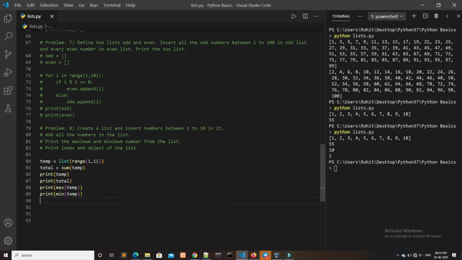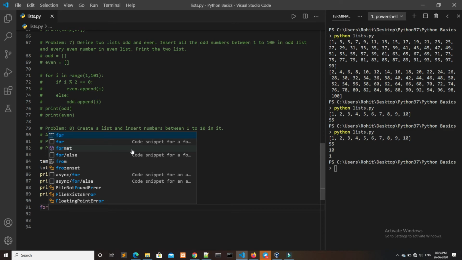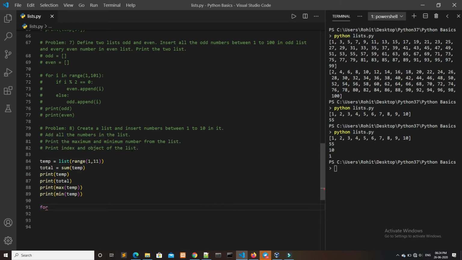Now we have to print the index and object of the list. In this part we have to print the list index and its value in temp. Here we have to use a for loop and the enumerate method to get the desired result. So here we have to write for, we have to print the index, and we also have to print its value, that is, I will name them index and value.